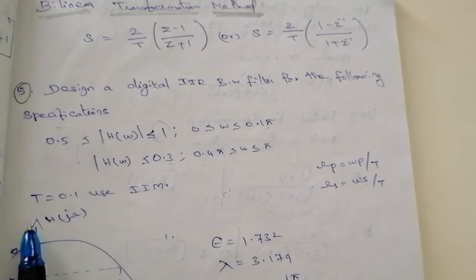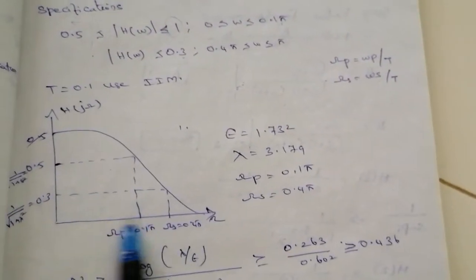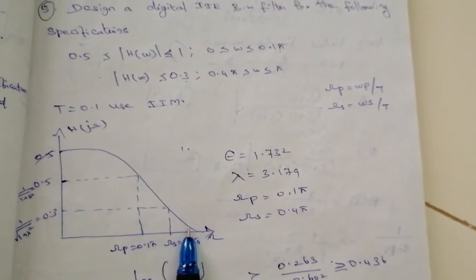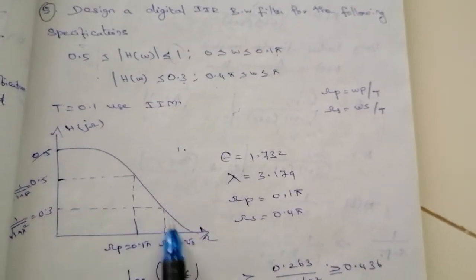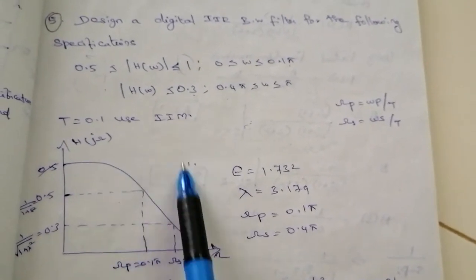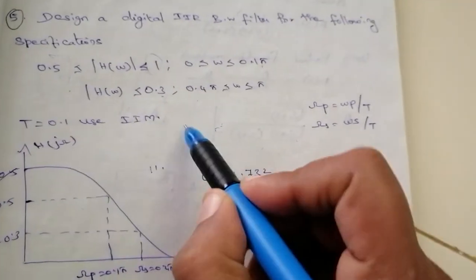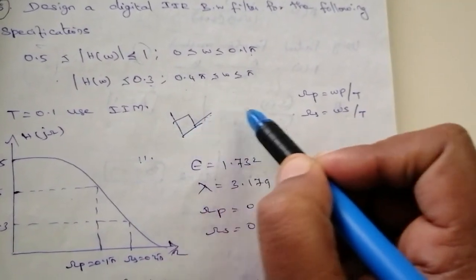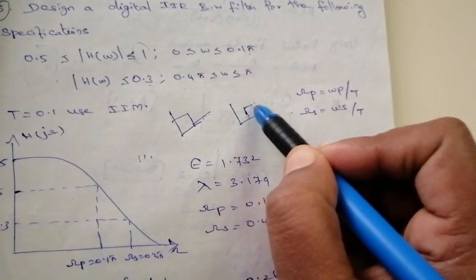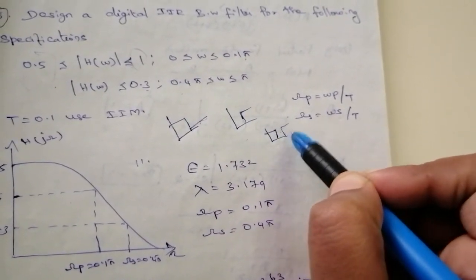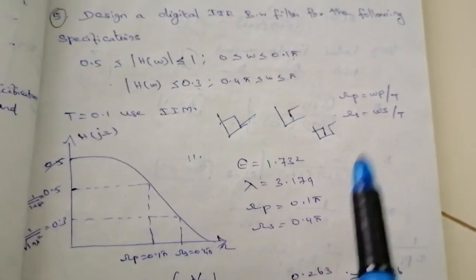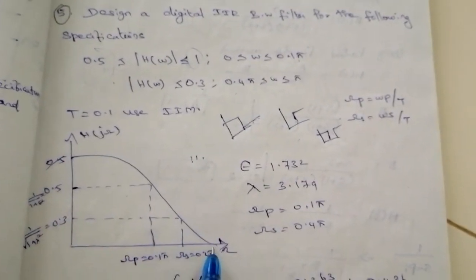So we are going to draw the frequency response curve. So the question is IIR Butterworth low pass filter. So we have to use a low pass frequency curve. We know the low pass filter means this is low pass filter. Then high pass filter means this one. Band pass filter means to allow the particular band, like already we know this frequency response curve. So this is the low pass frequency response curve.